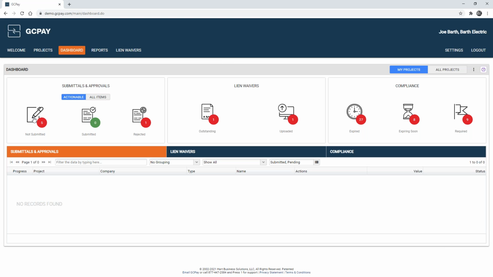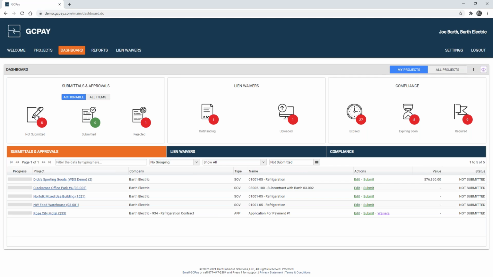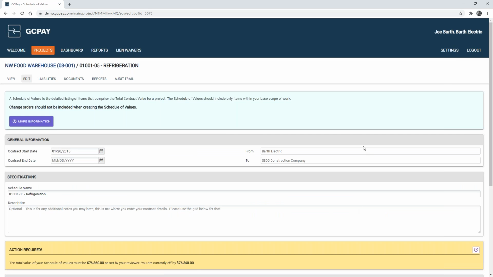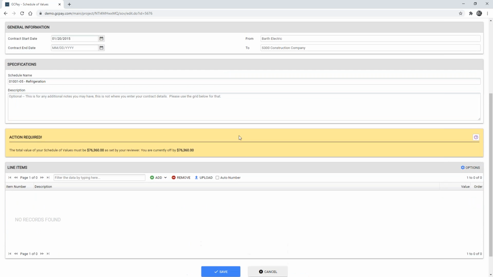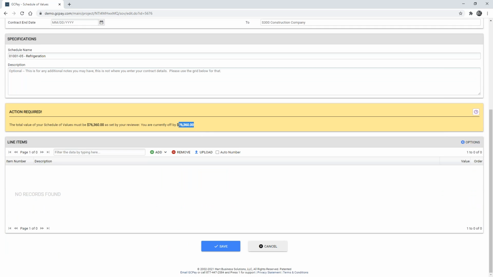Now it looks like I have 5 items that have yet to be submitted. And if I look down here, looks like for the Northwest Food Warehouse, I need to submit a schedule of values. So you can click Edit or Submit as the subcontractor. And you'll see here that we present that original contract amount, which is $76,360.